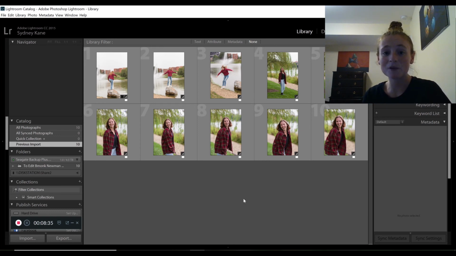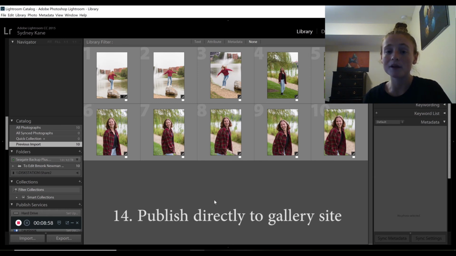And this tip alone has saved me hours upon hours of editing, so that when I actually sit down to edit, it is just going by super fast because I have the same settings and I can apply it to multiple locations. And whenever I'm done editing all these photos, I just use Lightroom to upload them directly into my